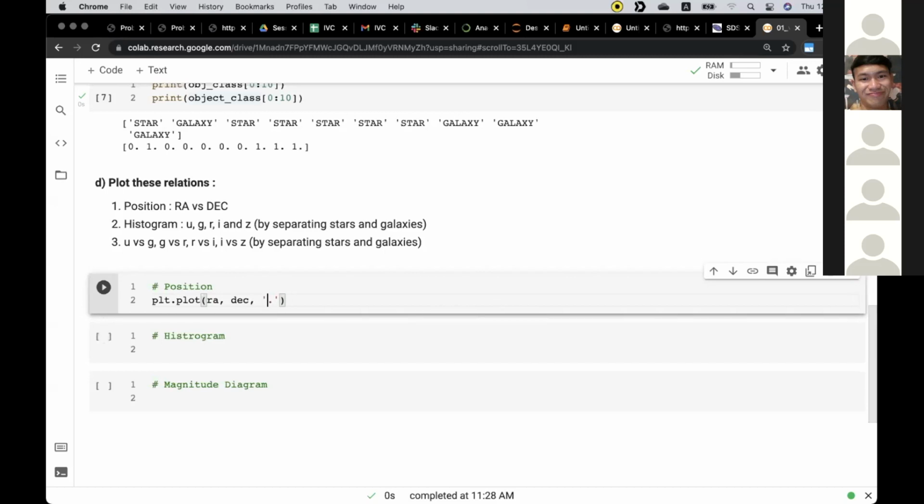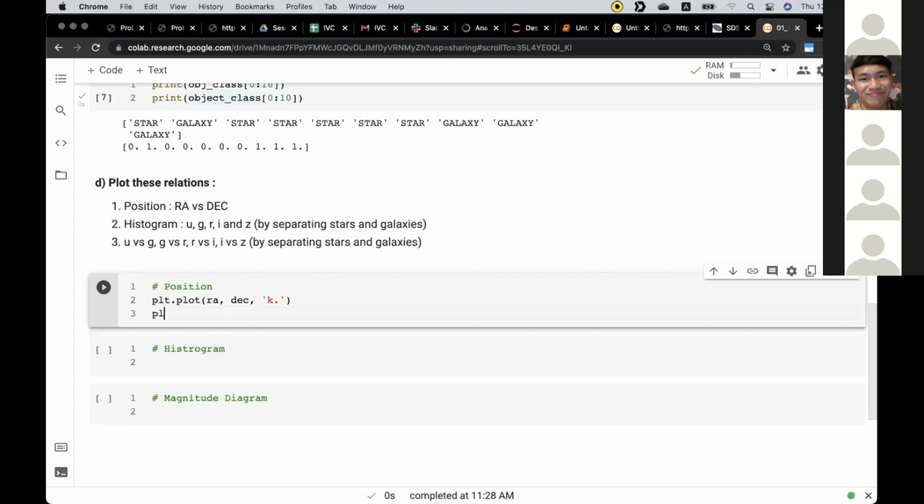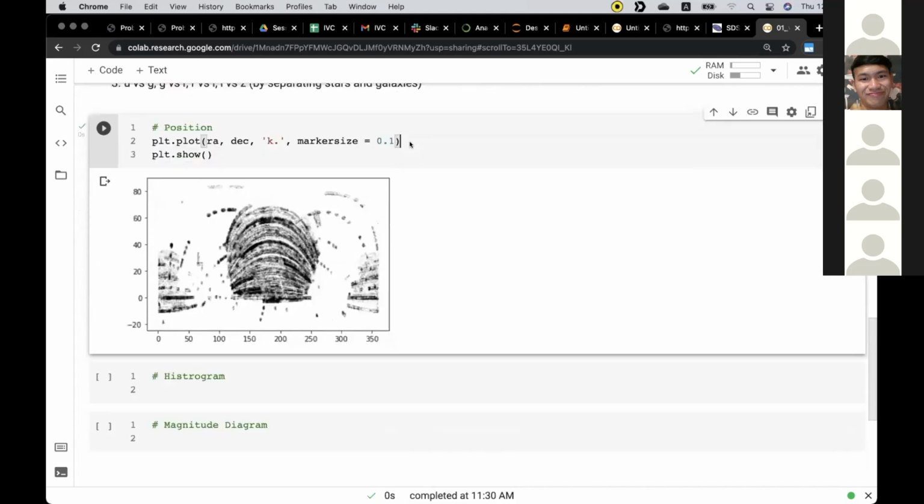And in the color, you can choose the color. For example, you can use the red, green, but in this case the black. And if you plot many objects in the field, you need to change the marker size. You can use this one, marker size go to 0. Then you plot like